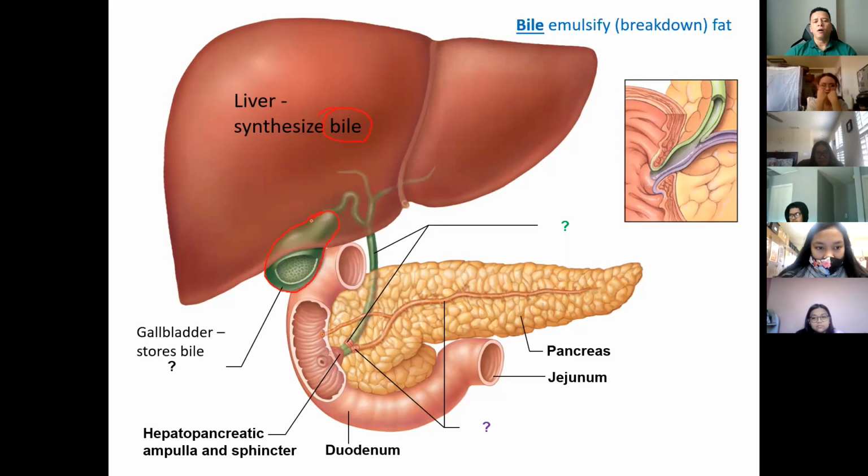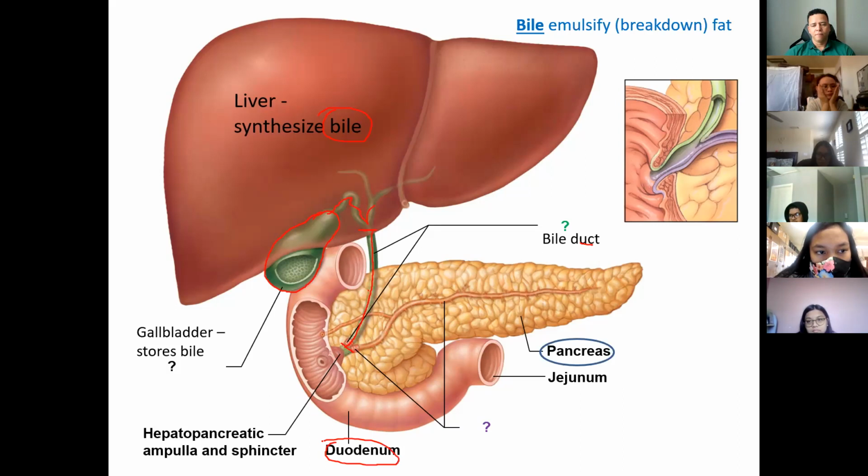Now, what does bile do? Bile helps with the breakdown of the fat that we eat. Bile emulsifies fat, it breaks it down. Now, the bile that is produced by the liver and also released by the gallbladder is going to enter a duct right here, and this duct is what we call the bile duct. So this section right here is the bile duct. And we can see here that this bile duct eventually is going to inject the bile into the duodenum of